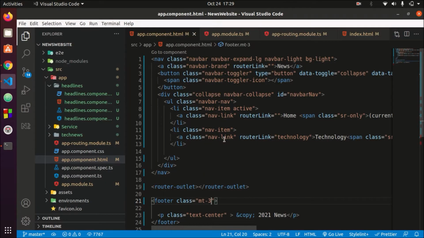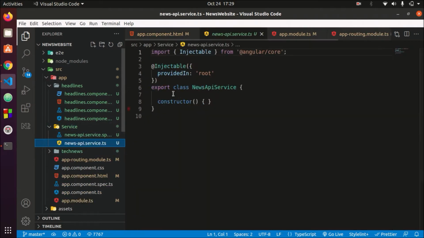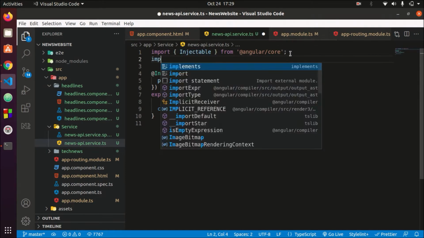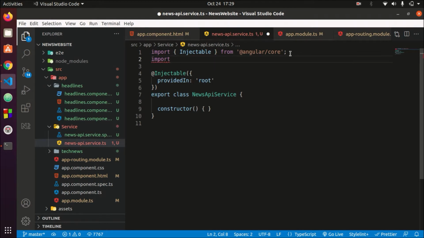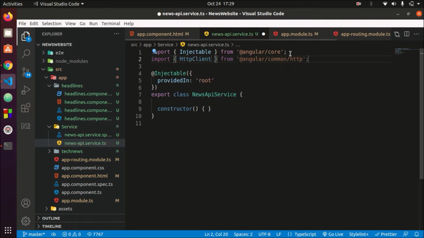Now let's get to the service file. We will be connecting with our APIs. So we will be working in this file, and first let's import HTTP client, because we want to communicate with our APIs.